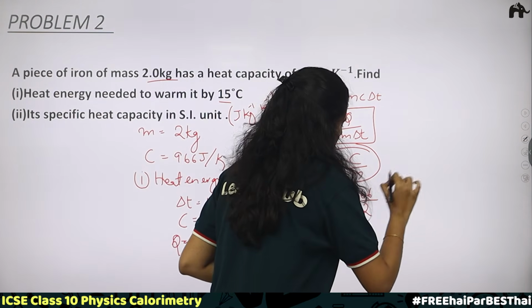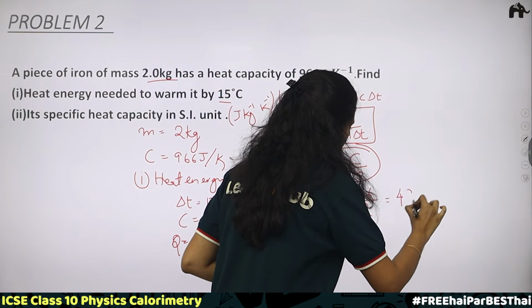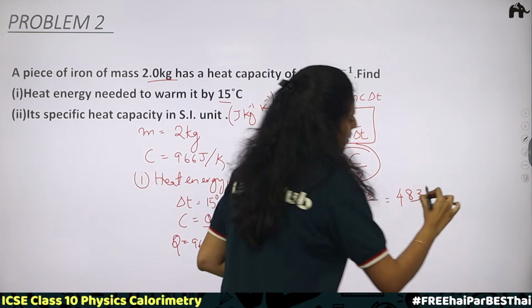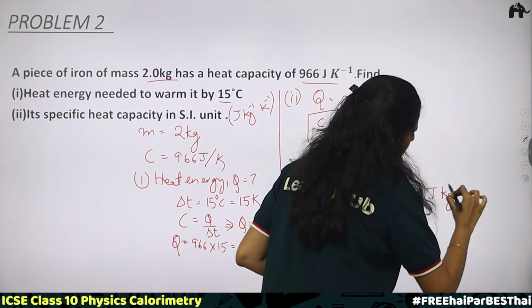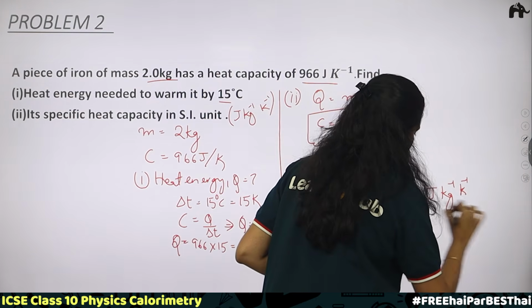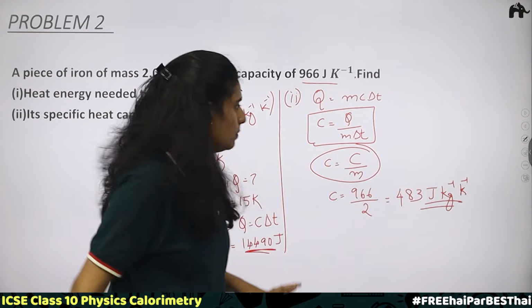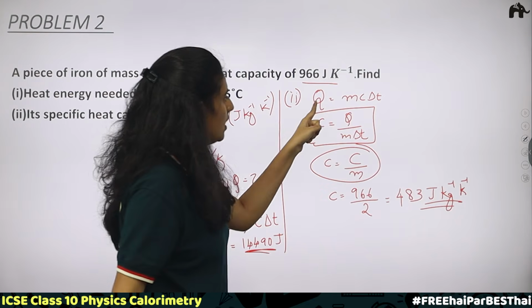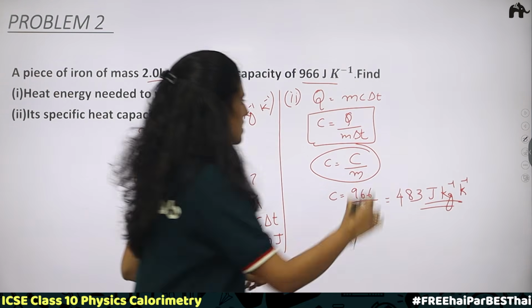2, which is equal to 483 joule kilogram inverse Kelvin inverse. Okay, same answer you will be getting if you substitute these values. Heat energy Q we have determined, which is equal to